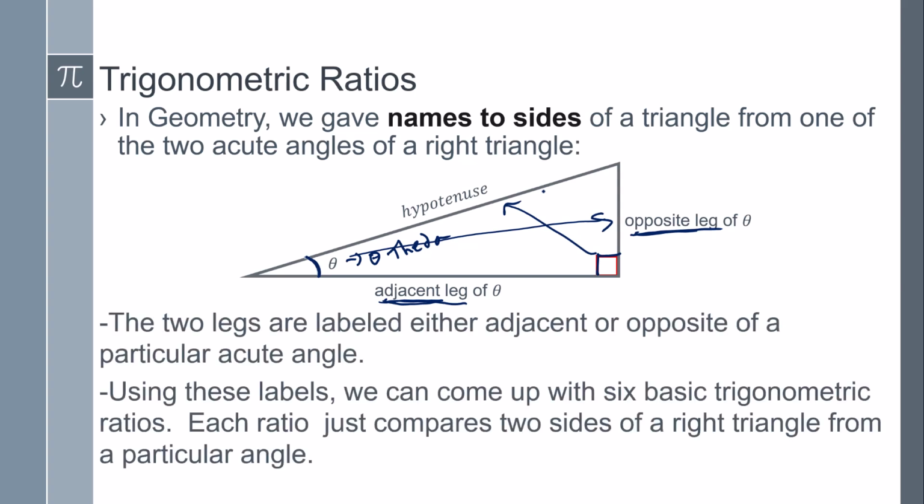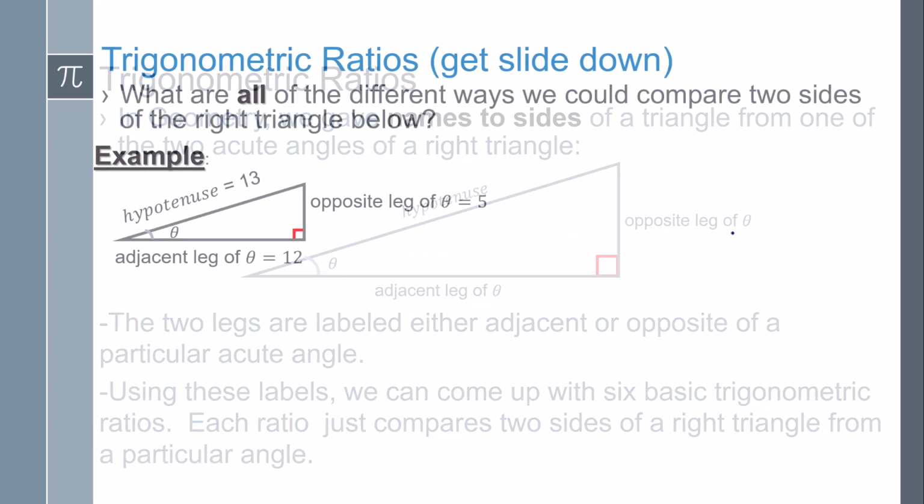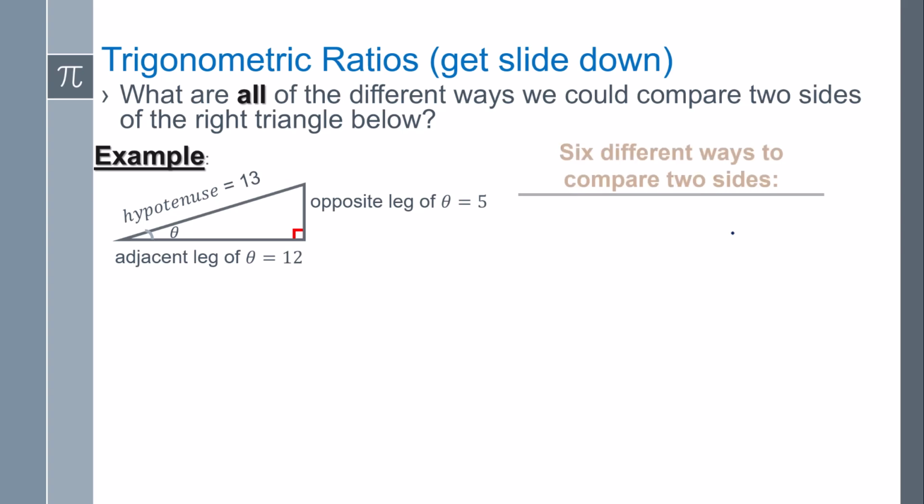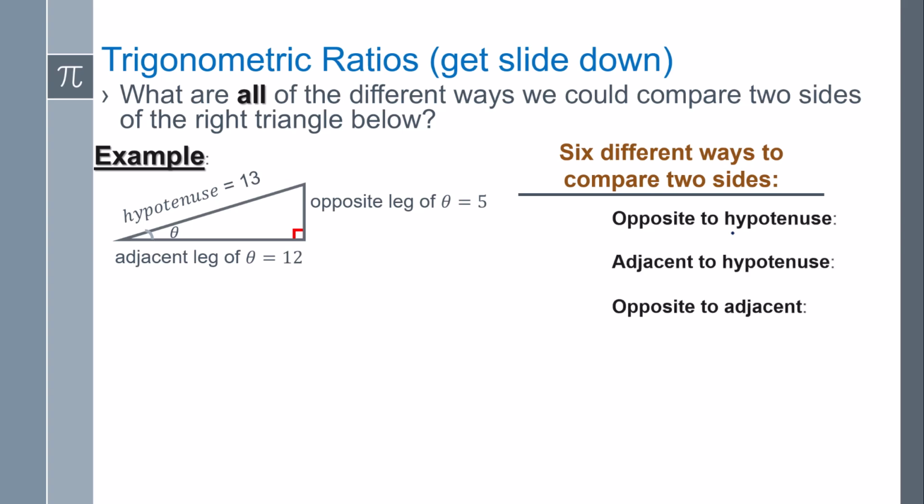Now, because we have these different sides, we can actually compare them. I could compare the hypotenuse to the opposite, or the hypotenuse to the adjacent, or the adjacent to the opposite. We can create 6 different comparisons of the sides of this right triangle. For today's lesson, though, we're only going to focus on 3. There's a total of 6, and we will go over all of them, but in this lesson, we're going to go over 3. So the first 3 are going to be the opposite to the hypotenuse, the adjacent to the hypotenuse, and the